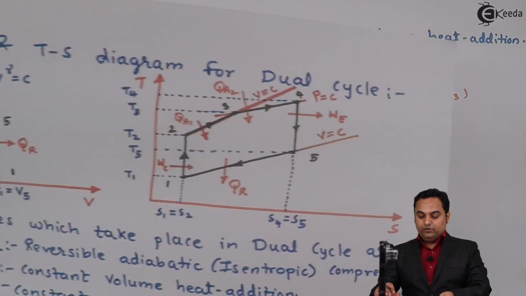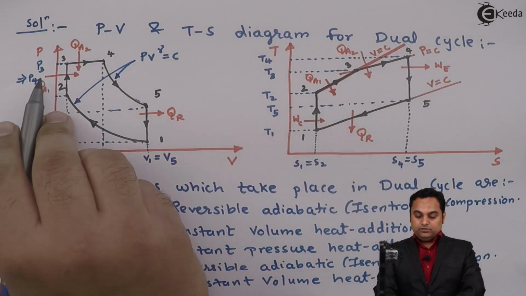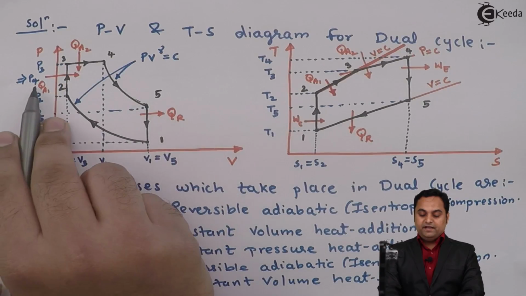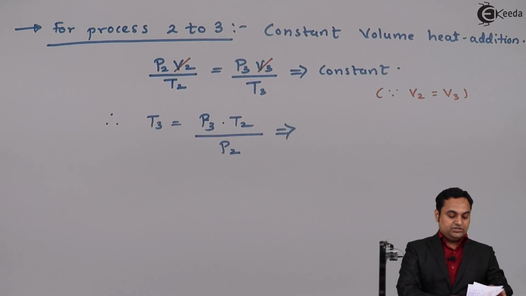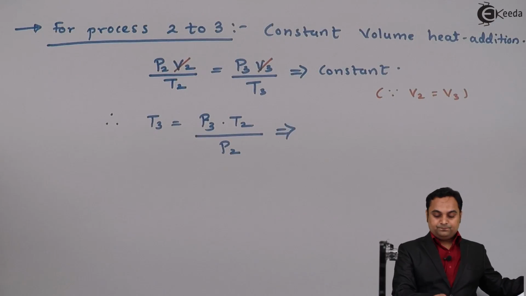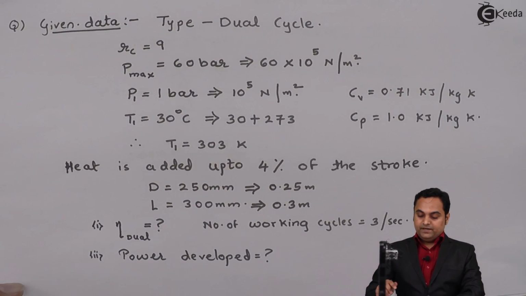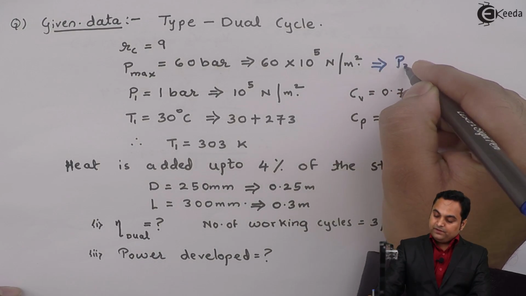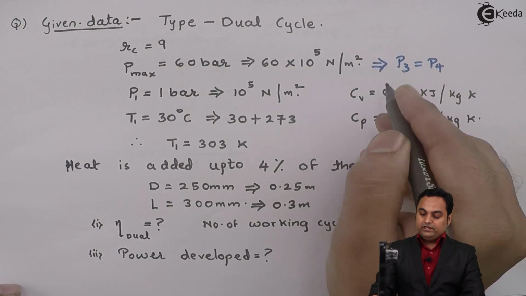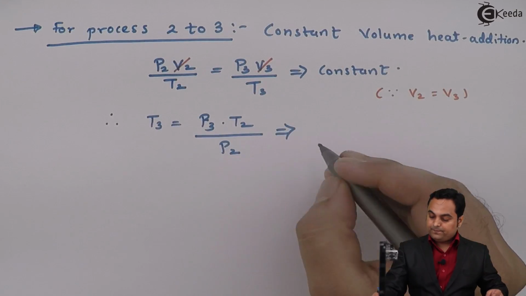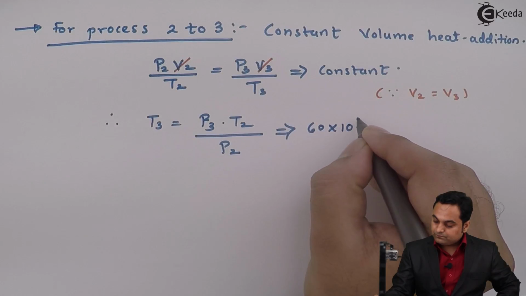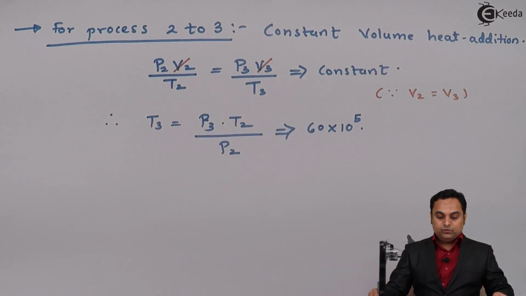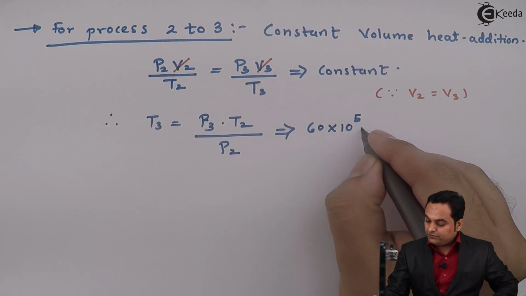Now if I look into the PV diagram, the pressure at point number 3, which is equal to the pressure at point number 4, is the maximum pressure, and in the question they had mentioned Pmax as 60 bar, so this Pmax will be P3 is equal to P4. So I'll use this value, 60 into 10 raised to 5 Newton per meter square, into temperature T2, which we have found out,